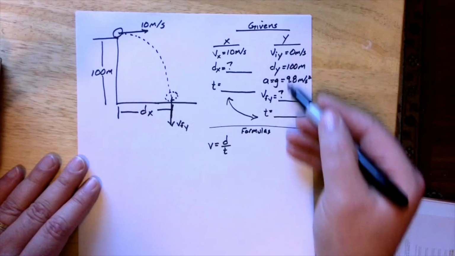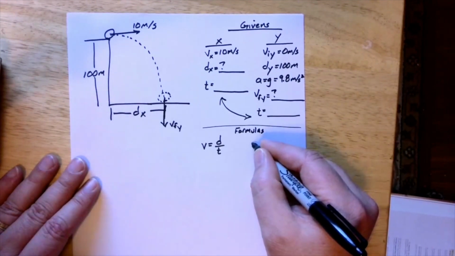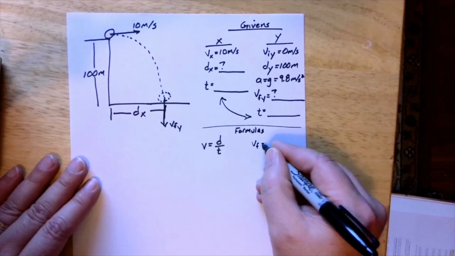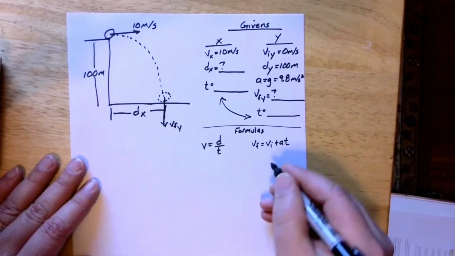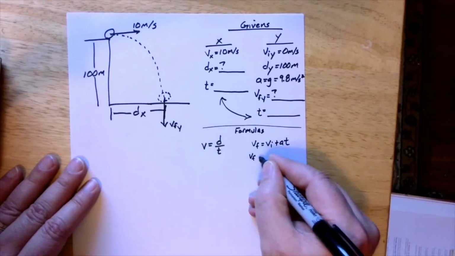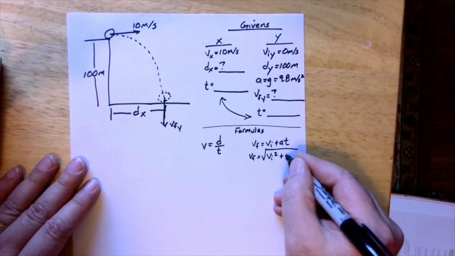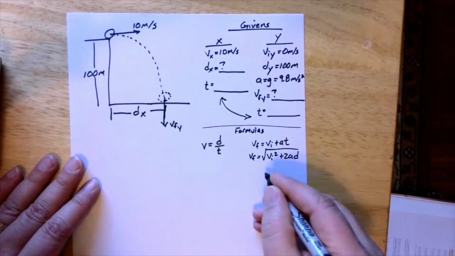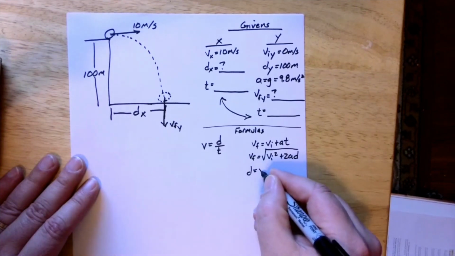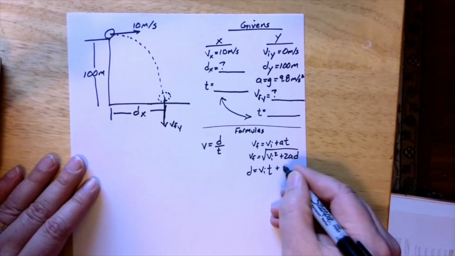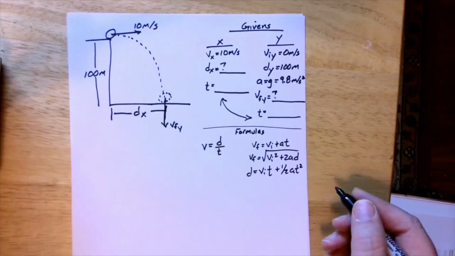If you look at these over here, if you remember your three main formulas for the acceleration, you have Vf is equal to Vi plus At. We also have Vf is equal to the square root of Vi squared plus 2Ad. And also we have d is equal to Vit plus 1/2 At squared. Okay, so